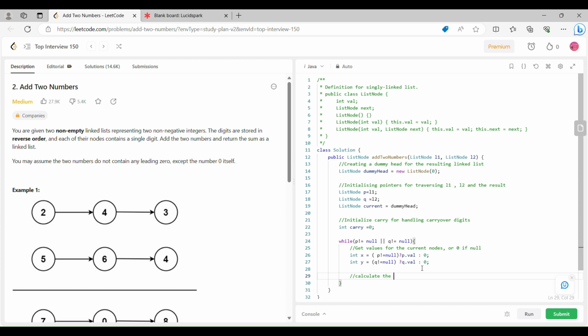Calculate the sum of current digits and carry. Okay, so let's say we are going to store sum into this. Int sum is equal to carry plus value of x plus value of y. Okay,